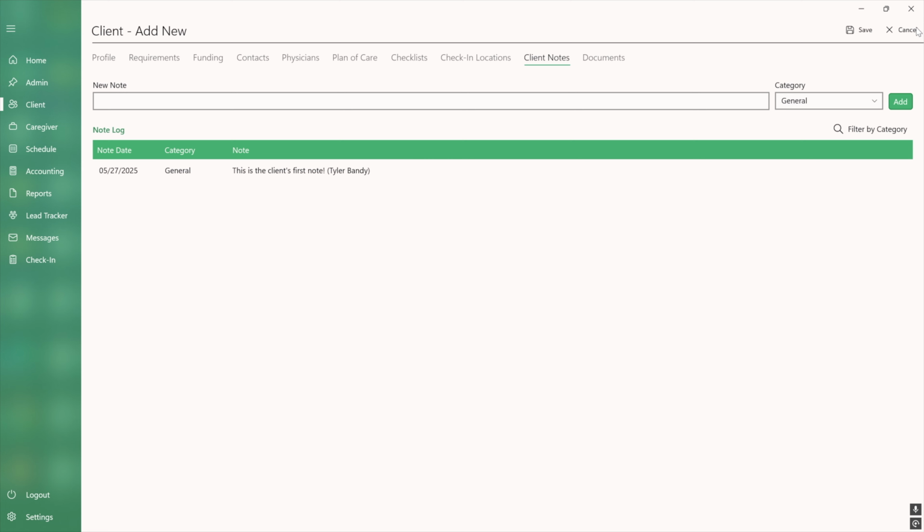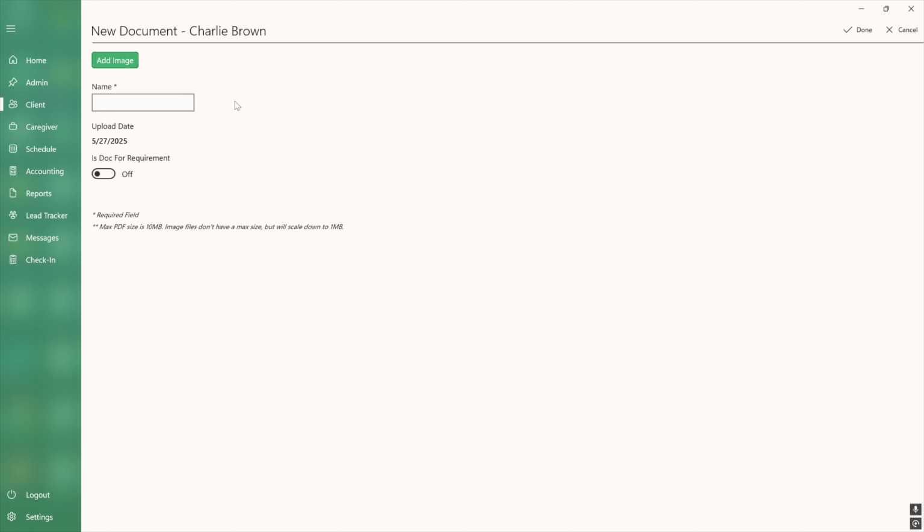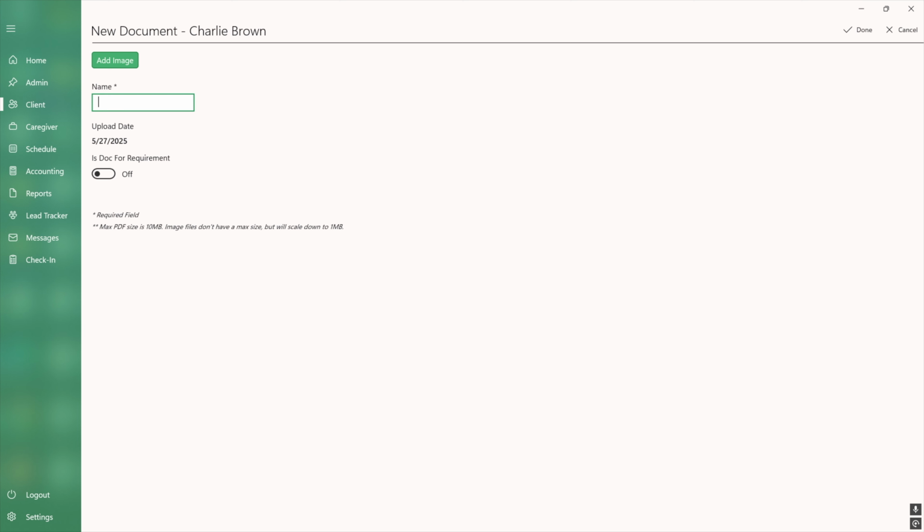We go to Documents, and this is where you can upload PDFs and images to attach to the client. So let's say you had a questionnaire that clients filled out as part of onboarding. I could click Add Image, navigate through my file structure to wherever that PDF is, and click to save it. I don't have one right now, but if you did, you'd select it, name it,